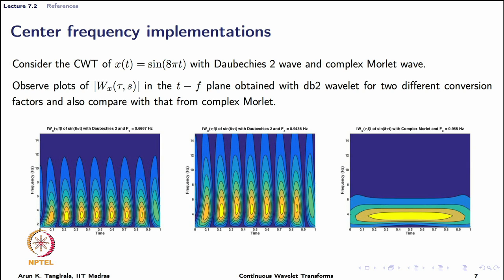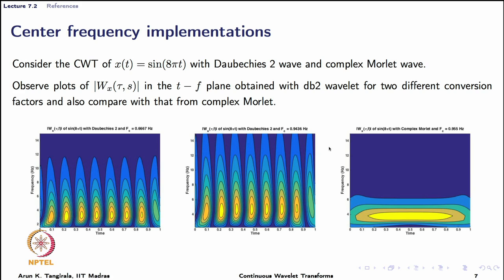This should dispel any confusion that you may have with this conversion factor Fc being the peak of the energy spectrum of the wavelet, because the true frequency in this case is 4 hertz and the frequency at which the magnitude of the CWT reaches a peak is much closer to 4 when I use the center frequency as a conversion factor vis-a-vis using the peak frequency as